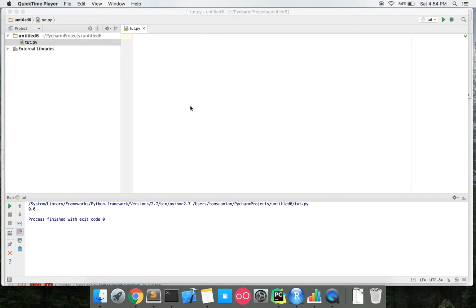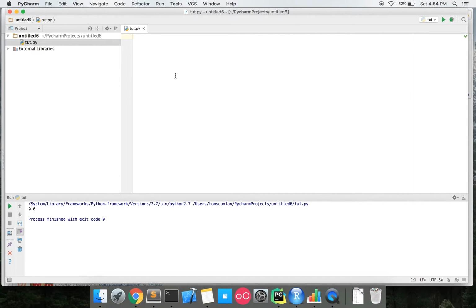In this chapter we're talking about modules and file I/O. In this video I'm just going to be covering the modules part. I'll leave the file I/O for another tutorial. Alright, so modules in Python, if you read the chapter, it's basically using this thing called import and you're just